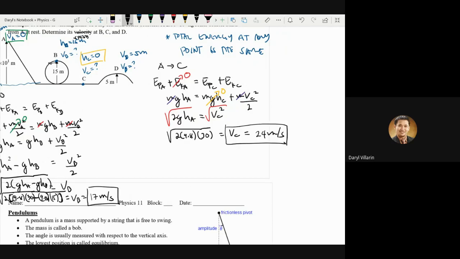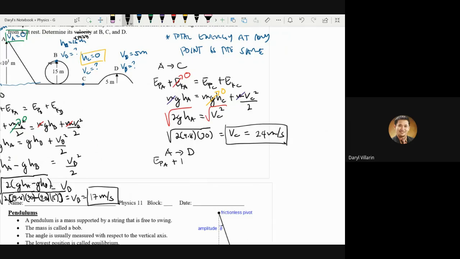So actually at point C, all of your potential energy, if you can see, is converted to kinetic. This is actually the maximum speed that your roller coaster can gain. So how about D? I can also use C to D, but since I already set that kinetic at A is 0, I'll just be looking at point A and point D. So total energy would be